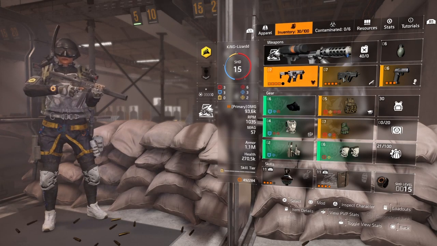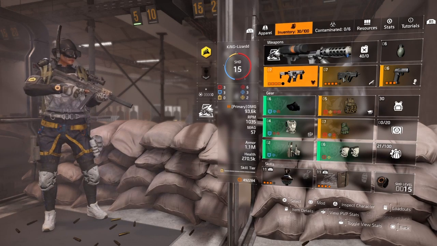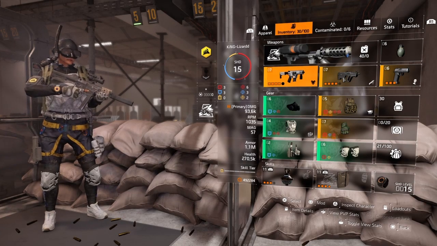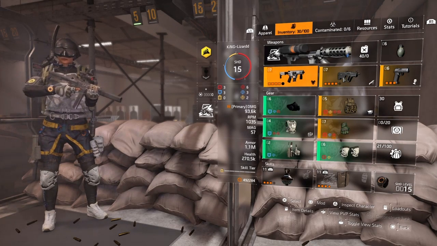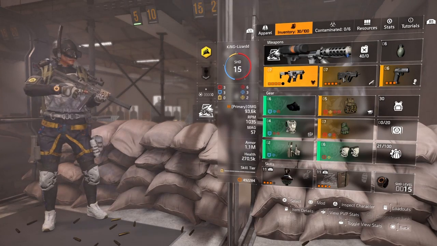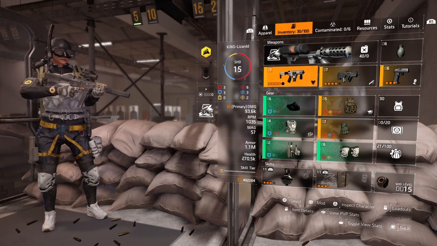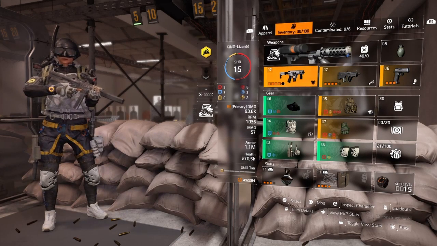Now, some of you might be saying it's a little too early for a build, but I believe this build is almost finished already. There might be a couple things I need to swap and change, but right now this is exactly how I wanted it. As you can see, 1.1 million armor,